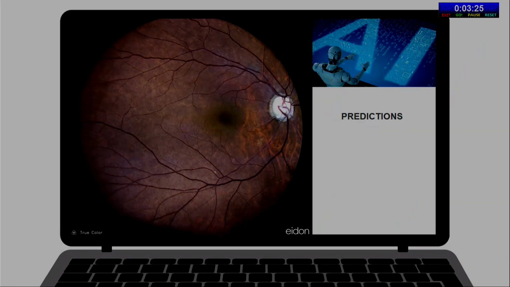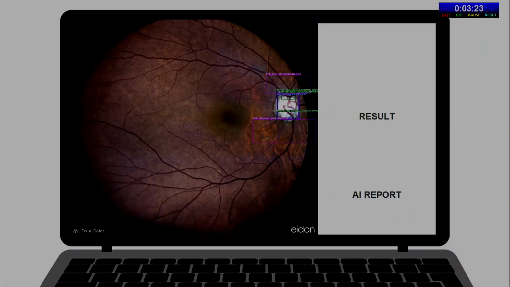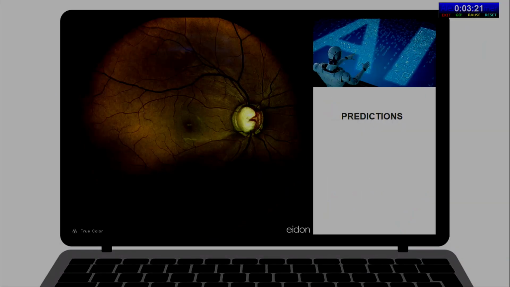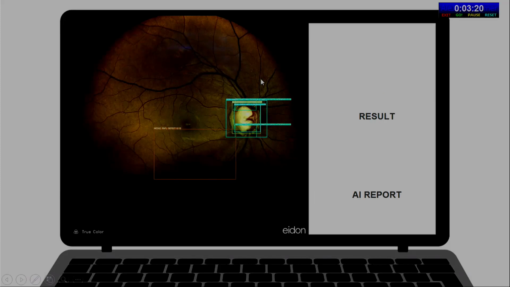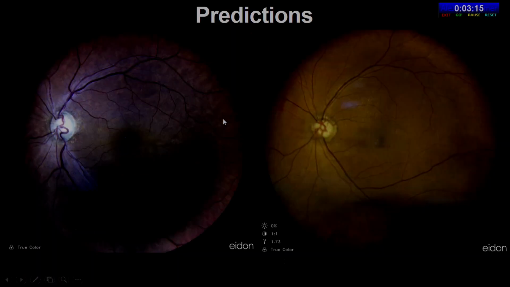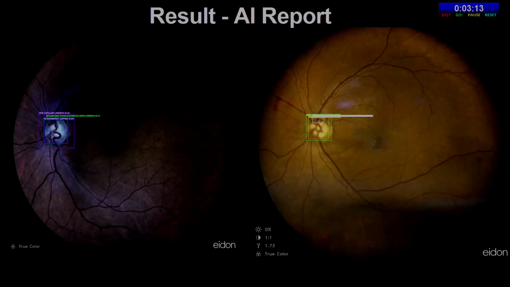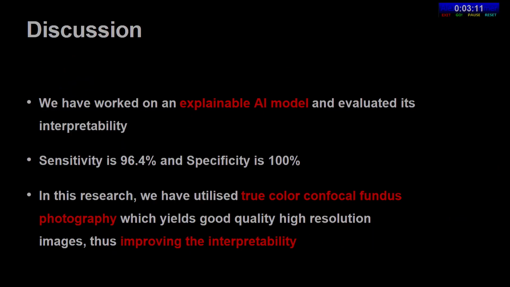So if you see, when you upload this image, not only the diagnosis comes, but also when there is an RNFL defect. See the RNFL defect that the AI really gives you, along with the cupping as well as the laminar dot sign, all simple points. You can see that even intricate signs come. So that's the idea of creating an explainable AI with good sensitivity and specificity.